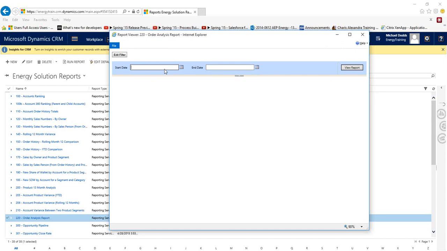Excuse me, actually, this is where you're going to set your date range. You're going to 1/1/15, and we're going to go to 2/19/16. So if we go to View Report,